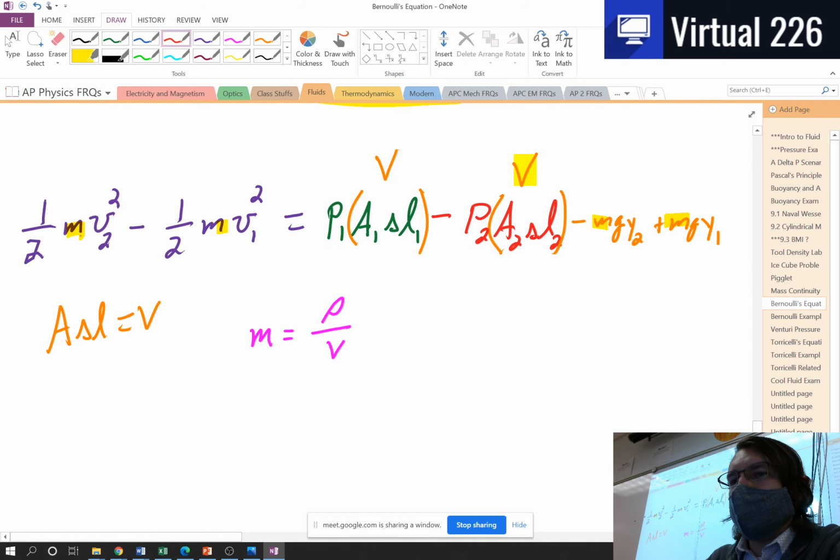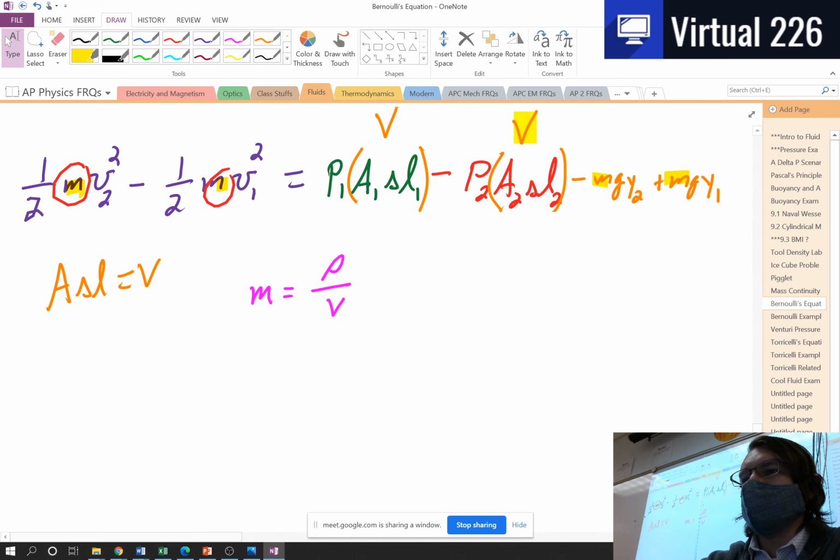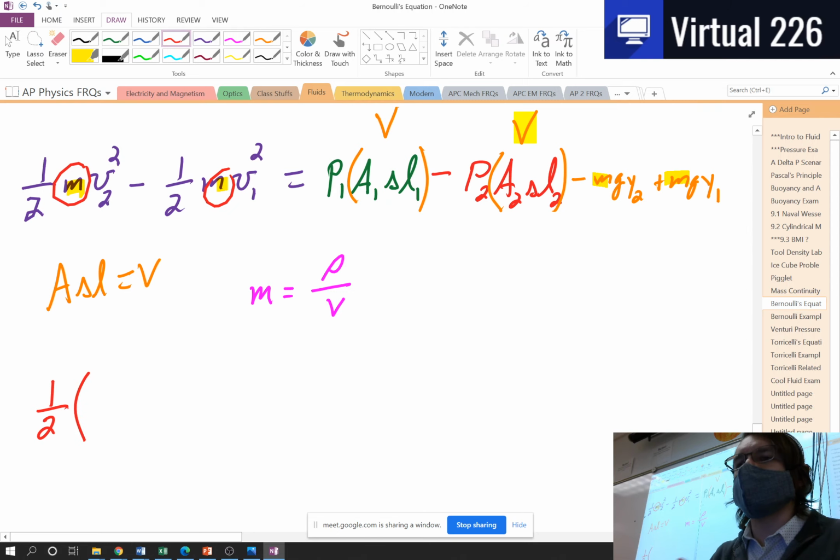We know that the mass for the energies on the left here, we're going to turn these into rho. Here, we're going to fix these masses. We're going to call them rhos over the V's, right? The density divided by the volume. So 1/2, and then this is, I'm going to do two steps here at the same time, so you might just want to hold up in terms of writing stuff down just yet, because we're almost there. So we've got rho, and then